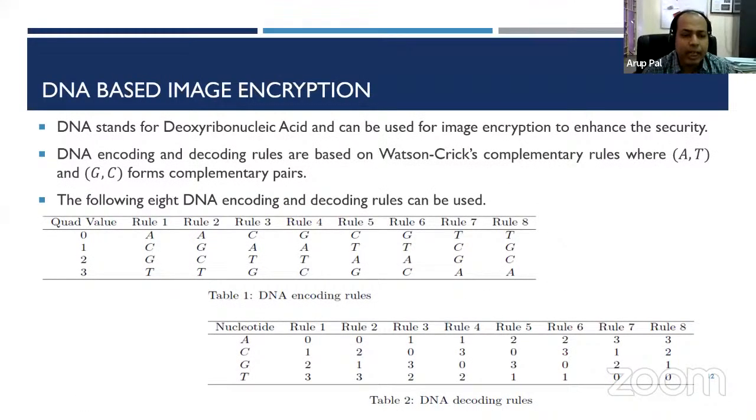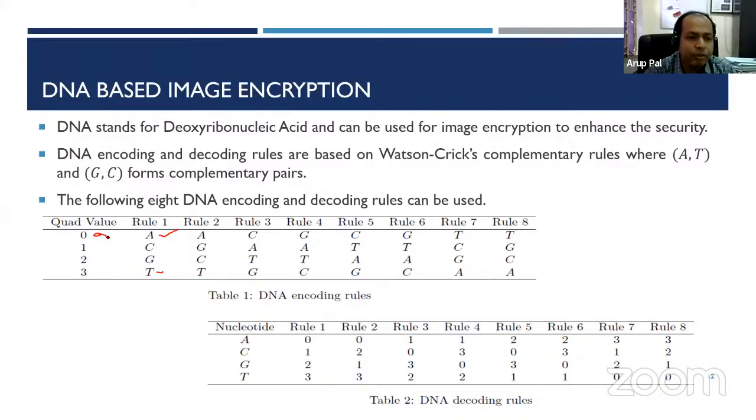Now we know that DNA has a standard. DNA stands for deoxyribonucleic acid, and DNA is represented by the four codons, that is ATGC, and these codons are present in a complement way. That means A's complement is T and G's complement is C. So in this process, we define some values for ATGC, and suppose the values are like this: